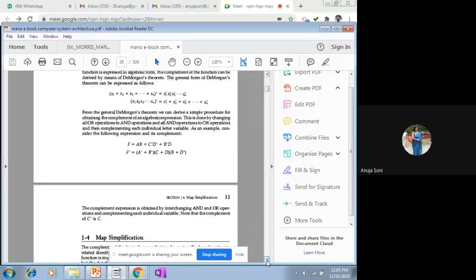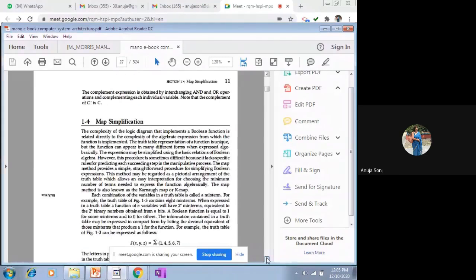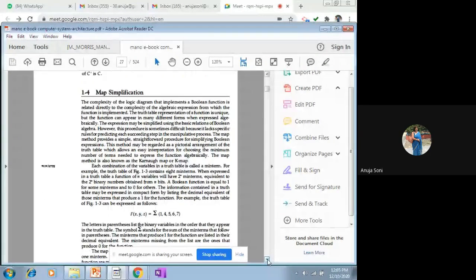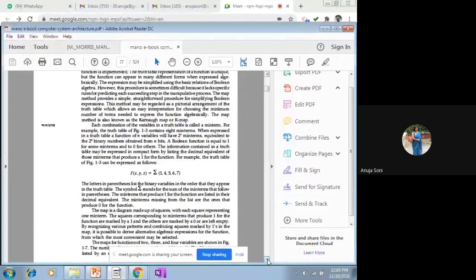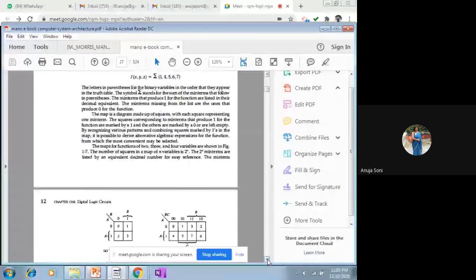So this was the first method of simplification of the Boolean expression, where you used Boolean identities. Another method to simplify the Boolean expression is your K-map. This is called map simplification or the Karnaugh map or the K-map. For this, I have already provided you the video by taking a few examples using the whiteboard option. I solved a few examples, and that was more illustrative to explain the concept of the map simplification, because